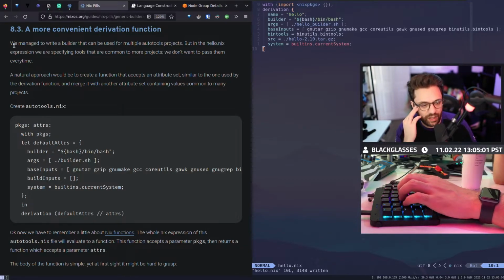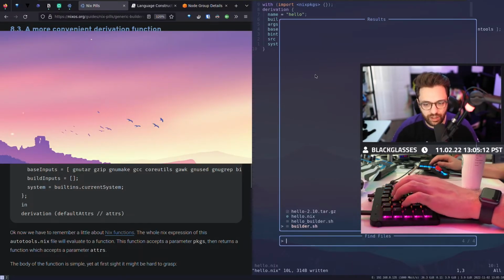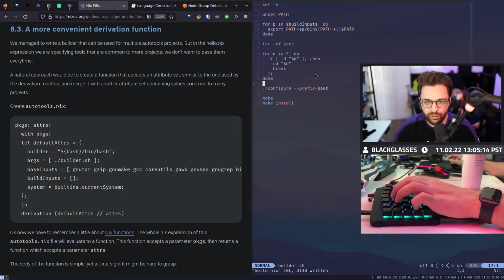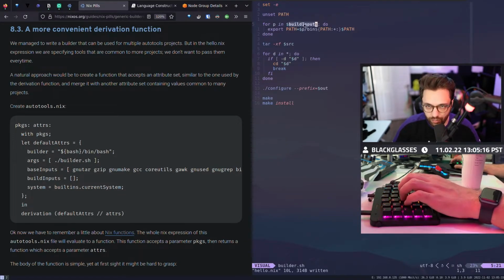So we don't want to pass those every time we're using this generic builder. We want even more flexibility because our shell script, if we look back at the builder script, just takes an array of strings. So technically, it has the flexibility of having a dynamic set of base inputs.